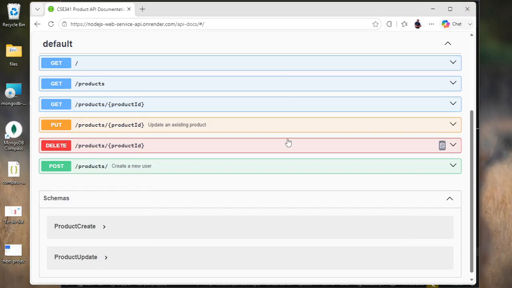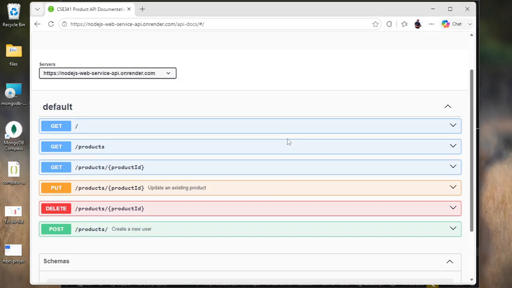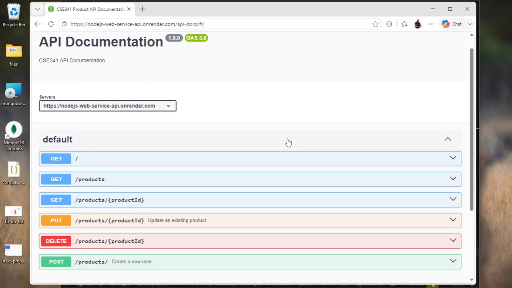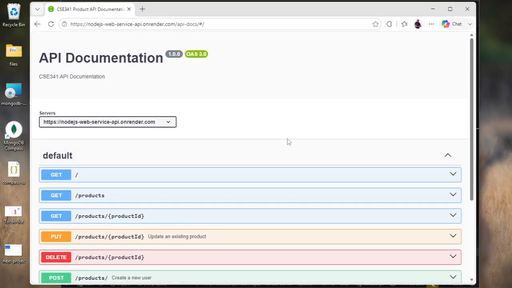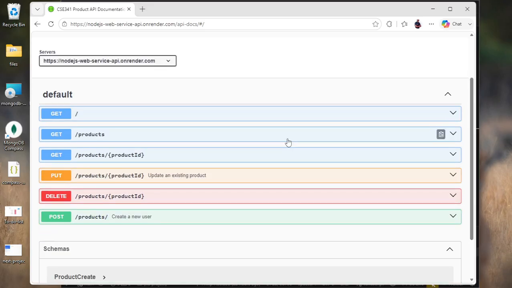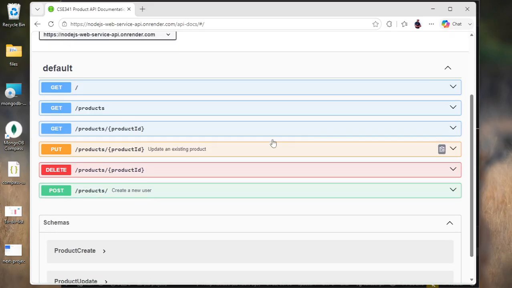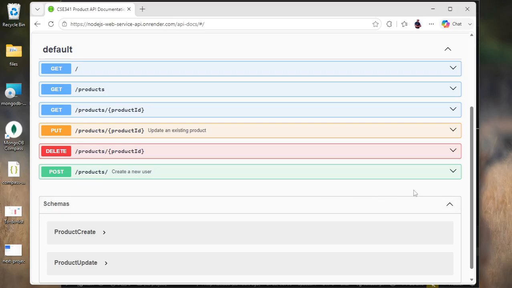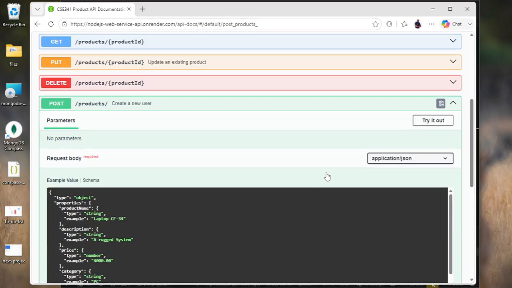Hi, I wanted to quickly and briefly demonstrate and show you how Swagger can be used to generate an API documentation automatically. Here I have some endpoints. I have a get endpoint, put endpoint, delete, and post endpoints. The post endpoint is used to post a product into the database that is currently a Mongo database at the